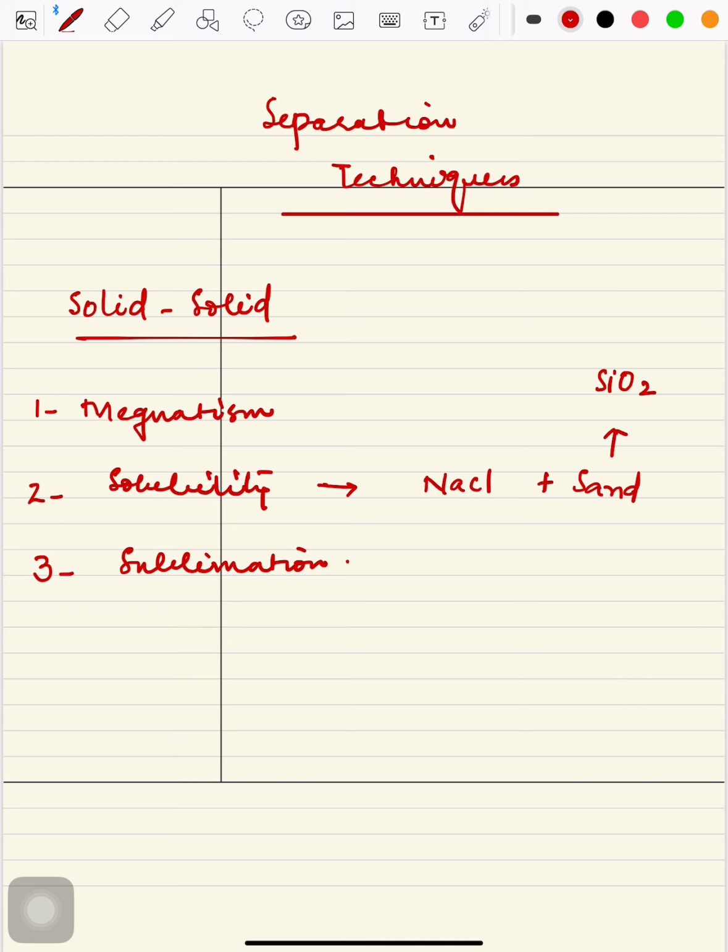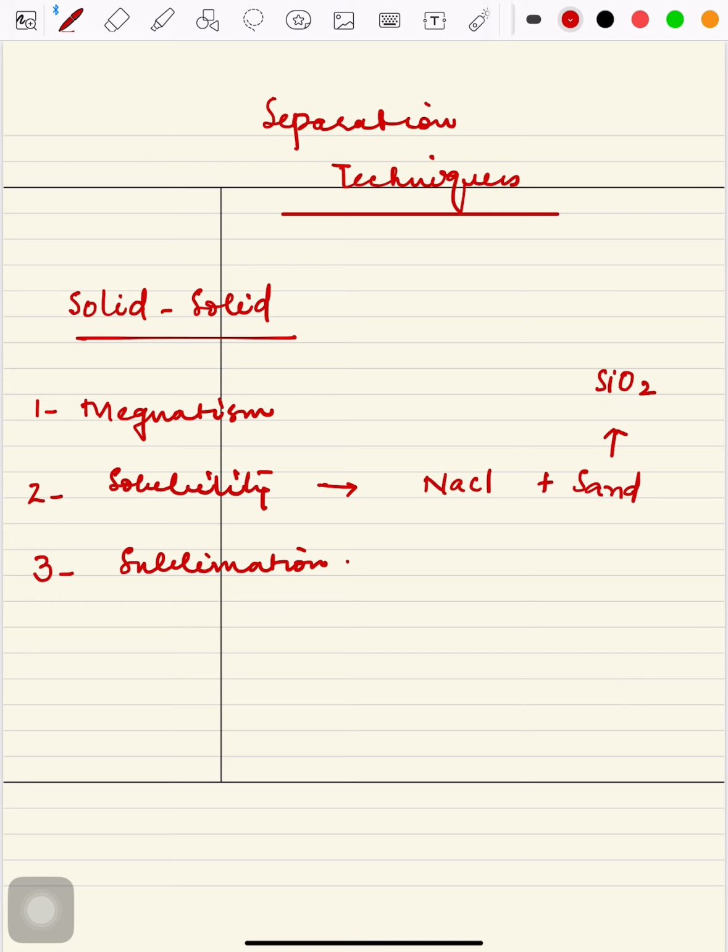NaCl is the formula of our table salt. We already know that NaCl, called sodium chloride, is a water soluble substance. Now, if a mixture of NaCl and SiO2, sand, is given to us and we are asked to separate the two, we know that sodium chloride is soluble in water, whereas SiO2 is insoluble in water. We will take the whole mixture and put it into a specific amount of water. We can dissolve it more thoroughly and completely with the help of a glass rod.